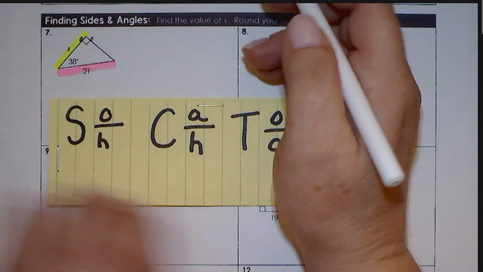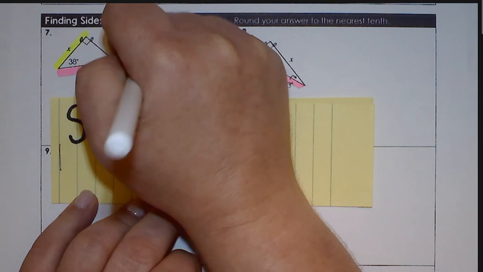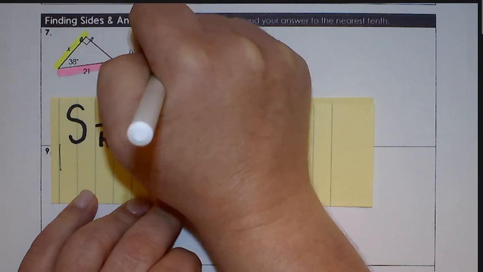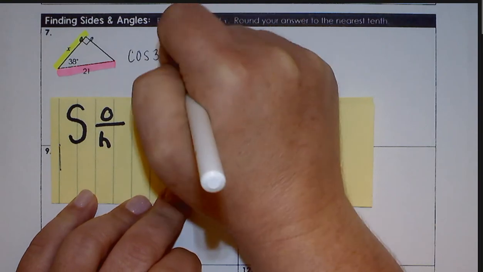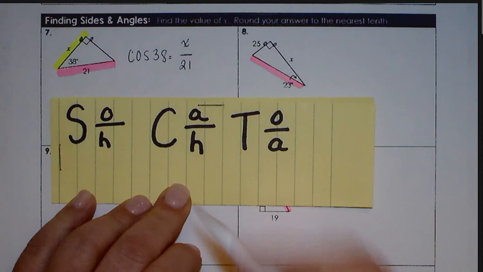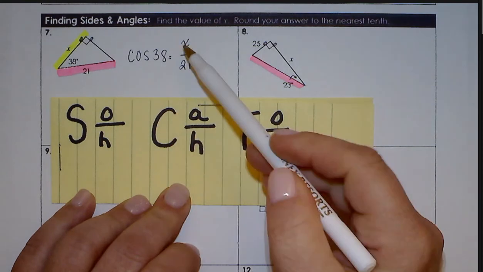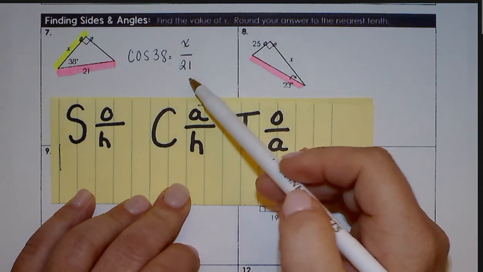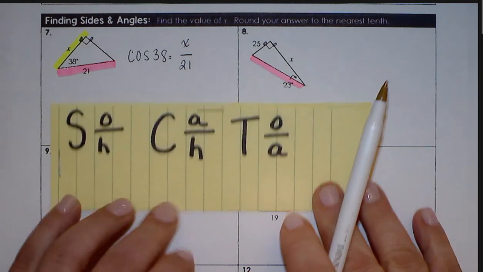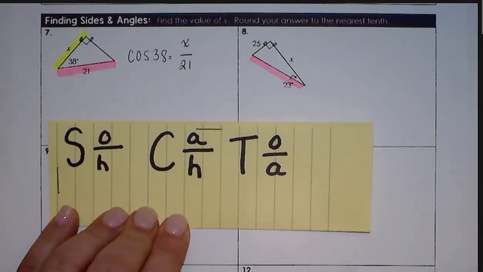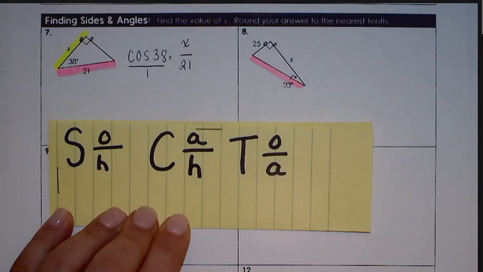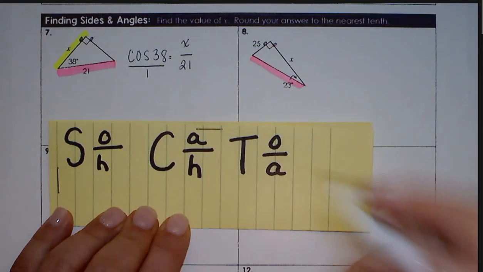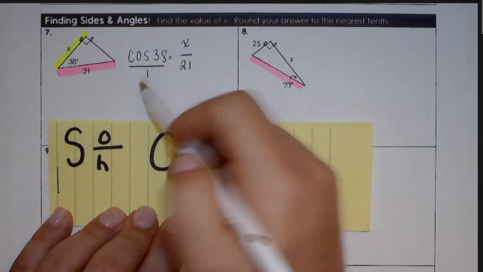So I'm going to say that the cosine of 38 equals whatever the adjacent is over the hypotenuse. I'm literally writing the cosine of 38 is the adjacent over the hypotenuse. My job is to solve for x, and I'm going to leave this in this format as long as I possibly can. So I'm really just going to cross multiply. If you looked at those earlier videos, you know this already, but for some people you're still a little lost and I want to be real specific. So I'm going to cross multiply and I'm going to get